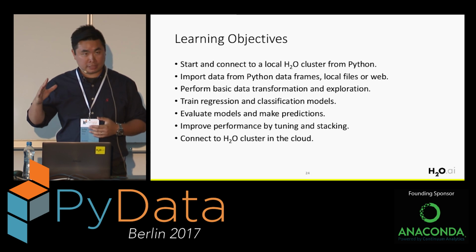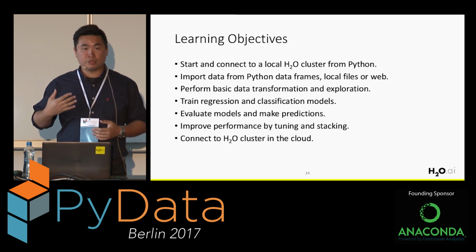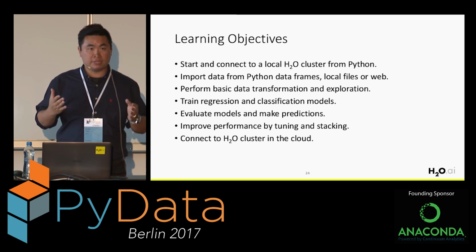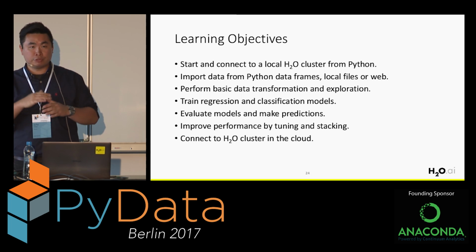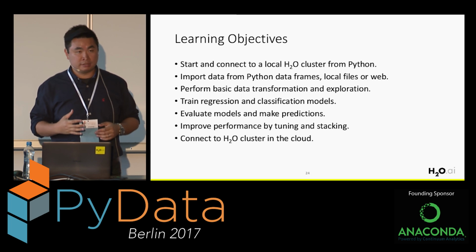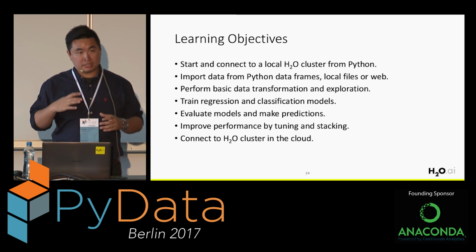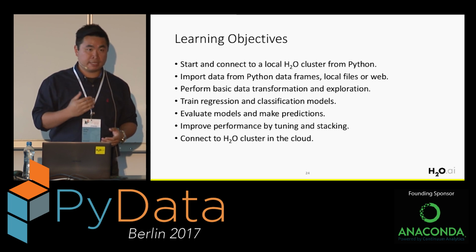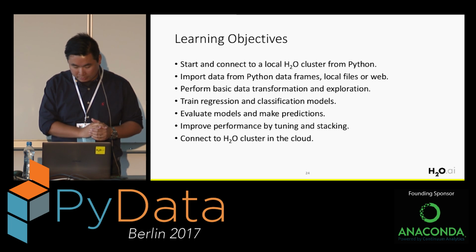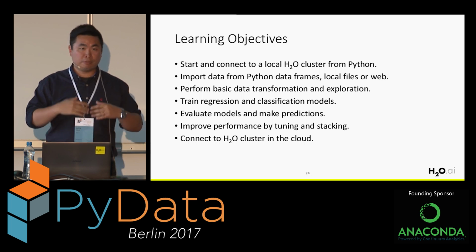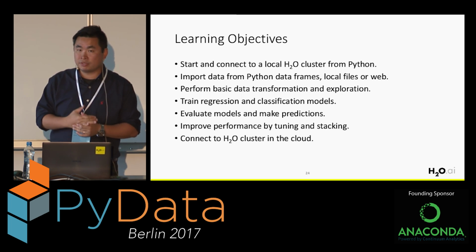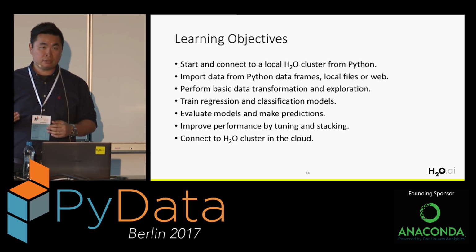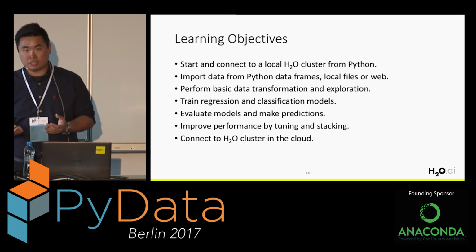And after that, that's the basic one. So after that, I want to show you how to evaluate the model performance and how you can tune it to improve the performance of different algorithms. And at the end, I want to show you how to use one of the key features in H2O to stack the models together. And this is really a key trick to improve your performance for data mining competitions like Kaggle. I will also show you briefly how you can deploy H2O in the cloud. Because H2O is written in Java, you can just deploy it on any machine with Java 1.7, Oracle 1.7 or OpenJDK.